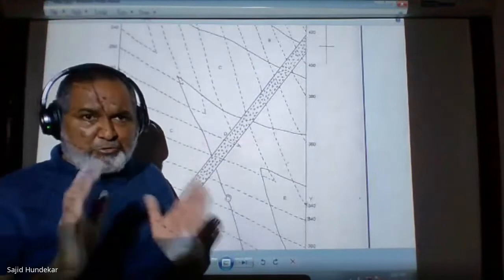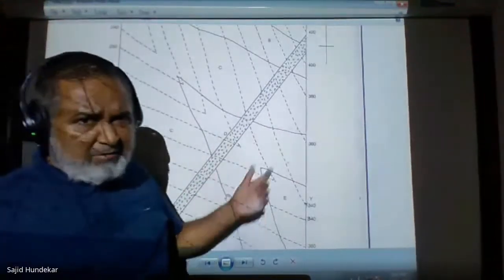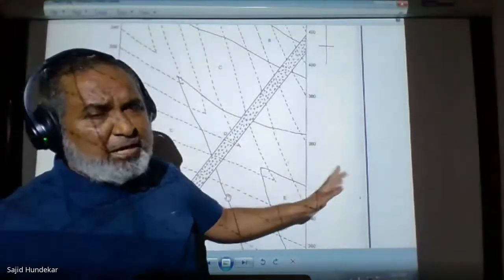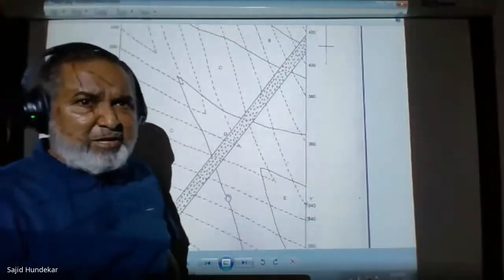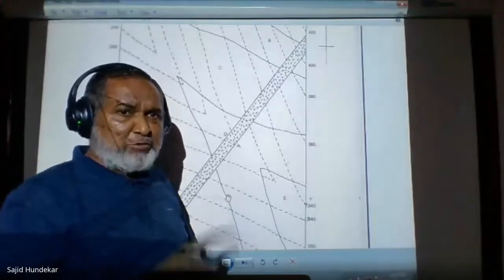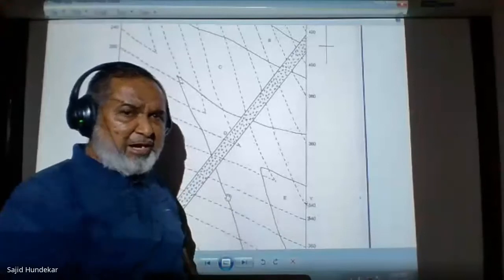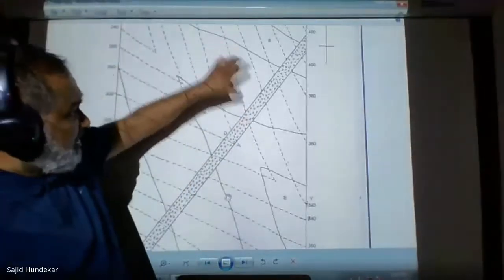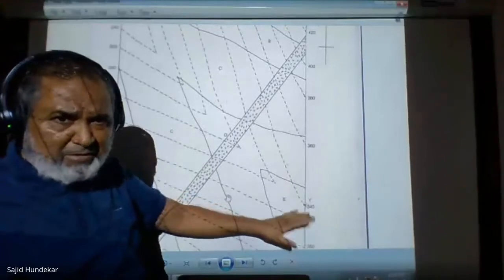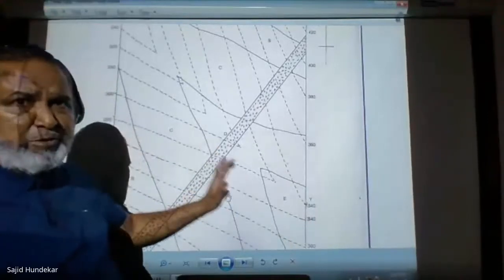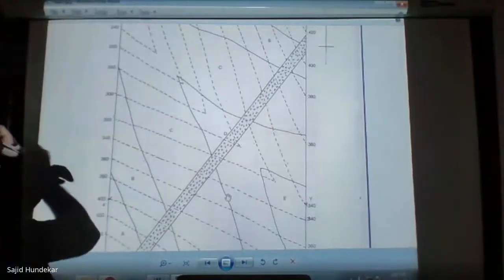And now V upon H. V is the contour interval. H is the horizontal distance. V is 20 meter divided by, say, we got 2 centimeter as the average distance. Then this 2 centimeter we have to convert into meters. So you have to multiply by 100, as 1 centimeter is equal to 100. So 20 and below 100. So 1 and lower side 5. So 5 into 2, 10. 1:10 will be the apparent dip. So this is the way you have to find out.